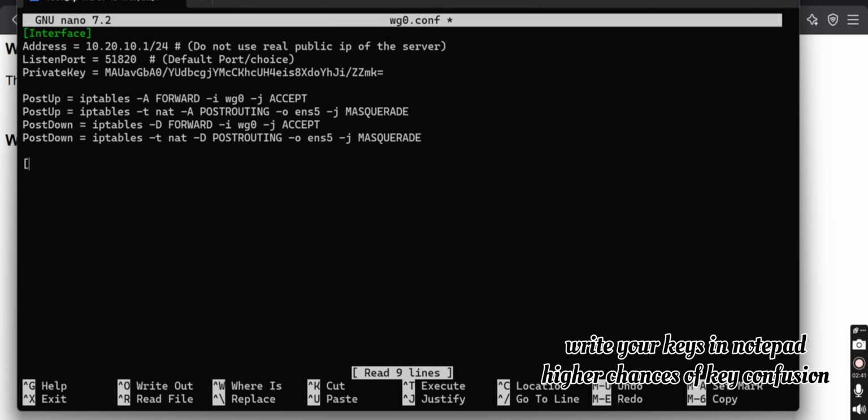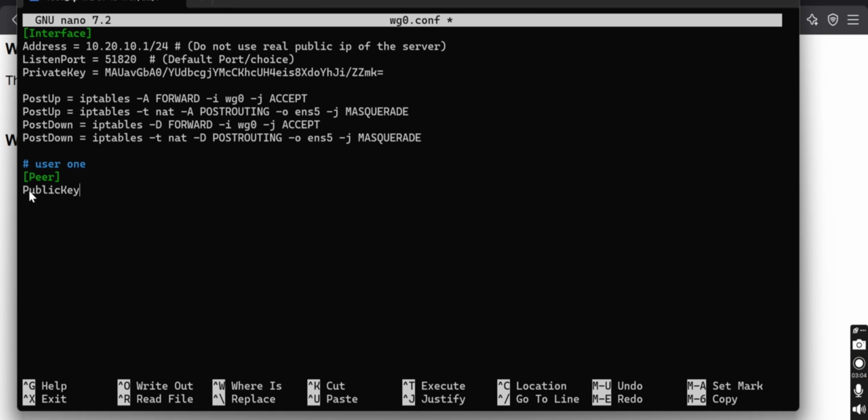You can type a comment first, user1, and peer and the public key. Public key, make sure you keep the first letter in capital exactly, and you need to paste the public key here,